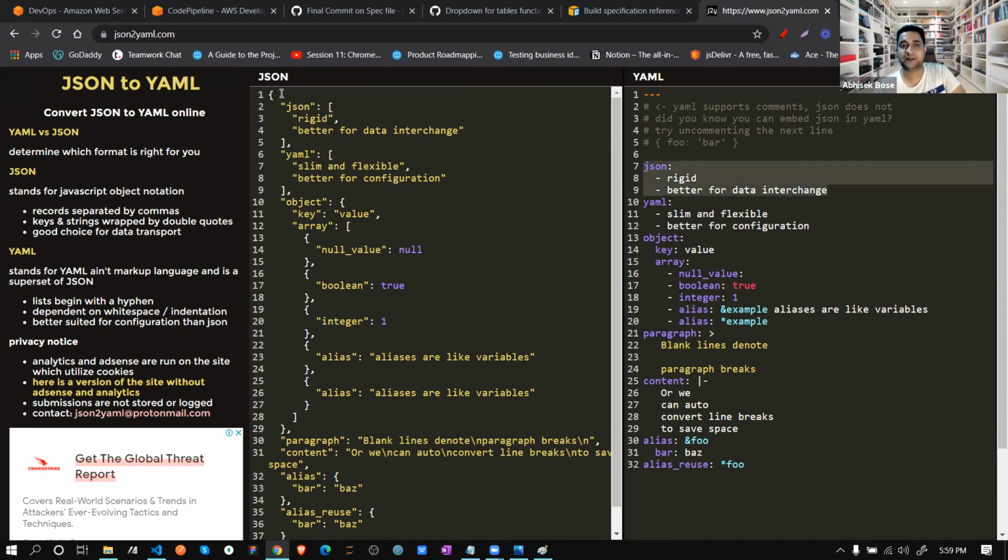The symbols are not there: the curly brackets, the square brackets, these symbols are not here. It is simple. Under JSON, give the two values, and it will automatically detect it is an array. Again, two values, and it will automatically detect an array. Key and value, just mention it this way. If there is an inner object, just give the values after a colon and use a small dash. So this is my JSON structure, this is my YML structure. That's all, nothing else. It's just a format.